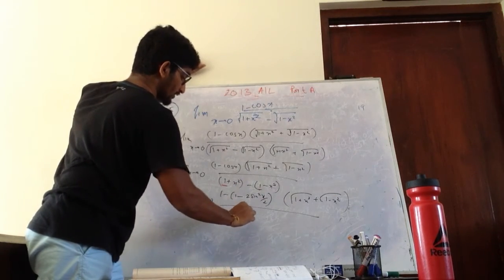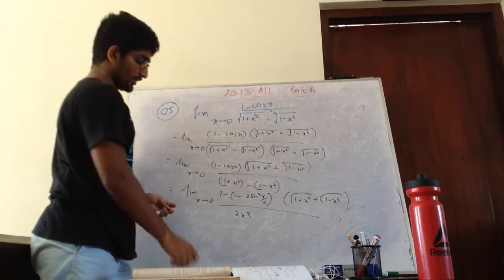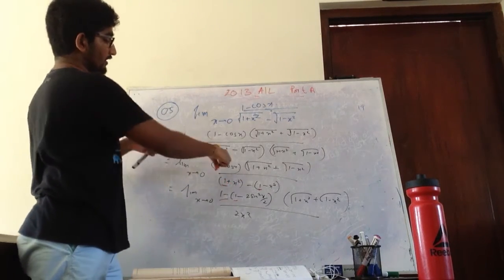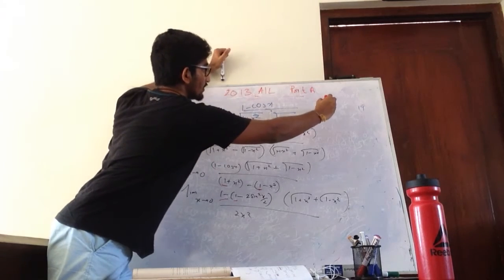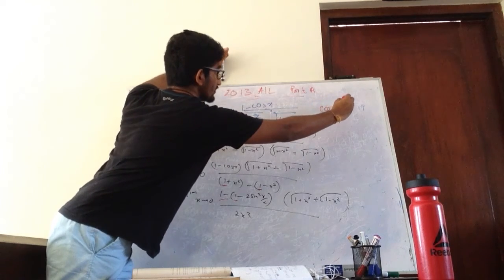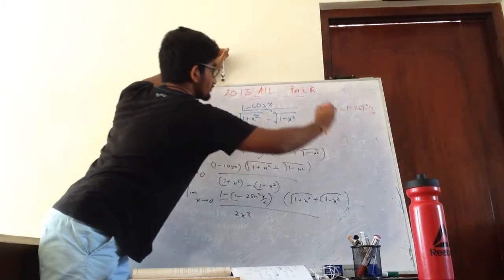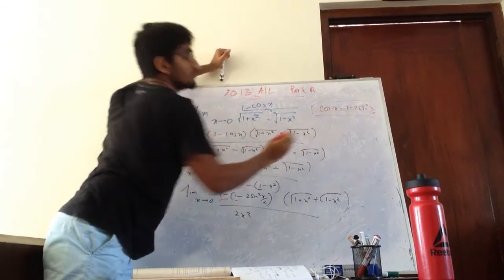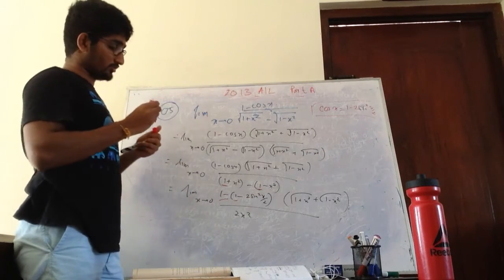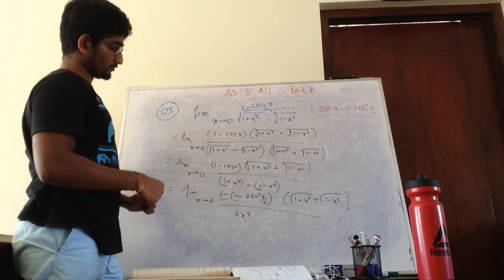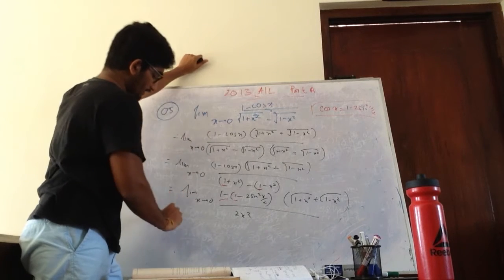It's going to be 2x square, right? So again 1 will be cut off. So what I did here was cos x is 1 minus 2 sine square x over 2. Right now? So now you will get